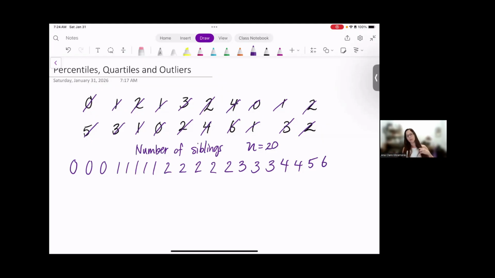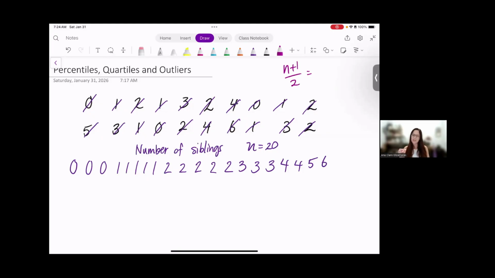When there's an even number of data points versus an odd number of data points, how you find the median is a little bit different. If you have an odd number of data points, you're going to find that there is a middle number. If you have an even number, there is not an exact middle number, and you'll need to find the average of the middle two. For instance, if I'm trying to find the middle of 20, there's going to be 10 on one side, 10 on the other, and the median is going to fall in the middle. When I'm calculating the median, I cross off each number on either side until I get to the middle. You can also use n plus 1 divided by 2